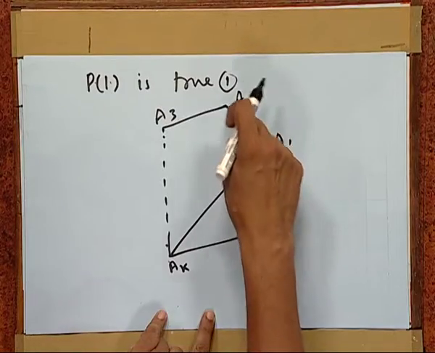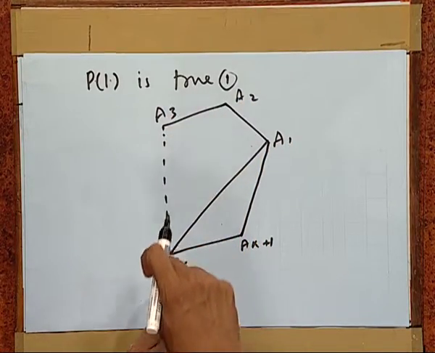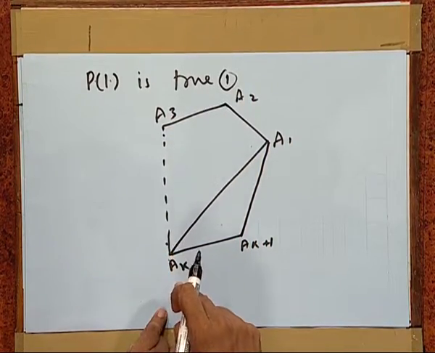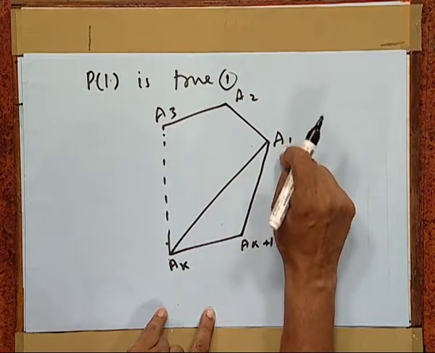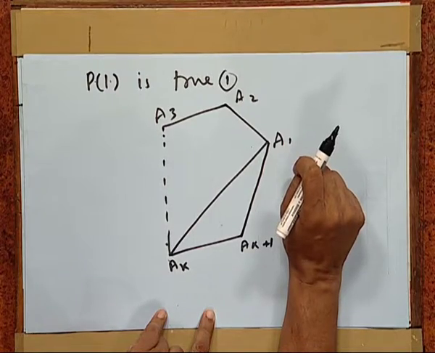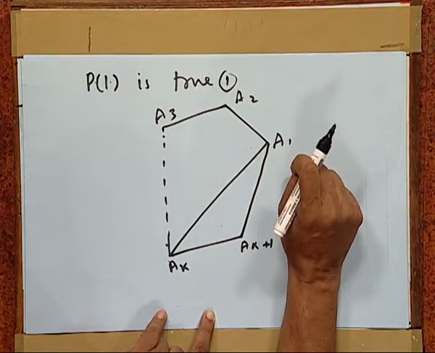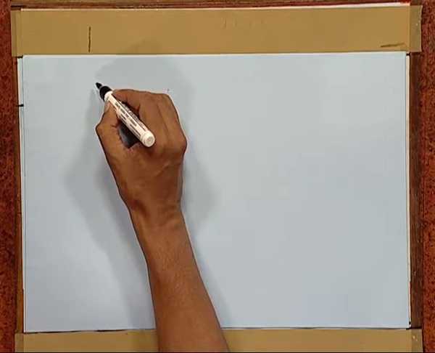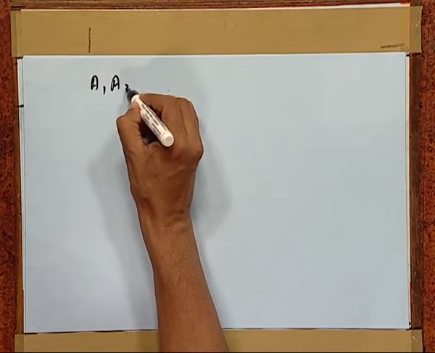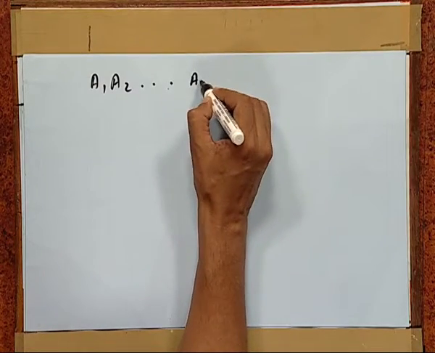And secondly, A1, A2, A3 and so on up to AK, AK plus 1 and then AK plus 1 A1. Now, as seen in the diagram, clearly the angle sum of the polygon A1, A2 and so on up to AK